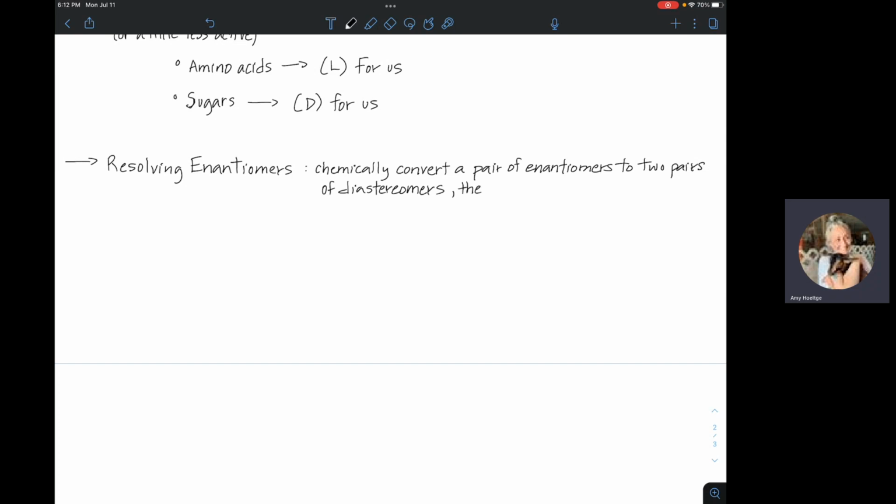Then we're going to separate the diastereomers, because they will have different physical properties. You could potentially do a fractional distillation and separate the diastereomers. And then after you do that, you hit this again with a workup, like an acid-base workup or whatever, to resolve